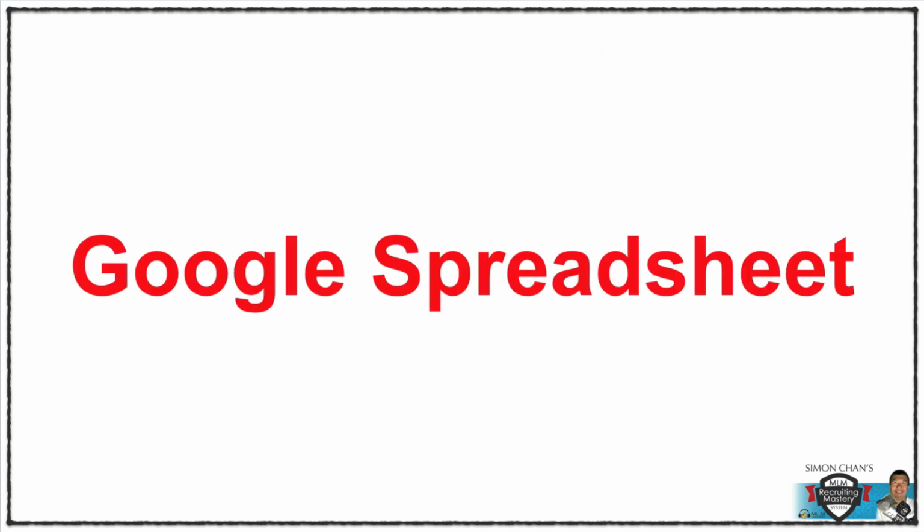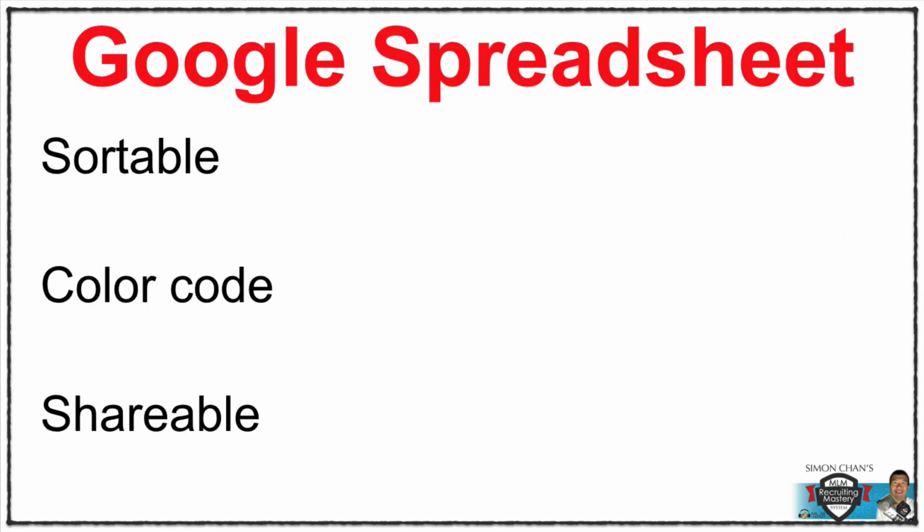The second tool I use is Google Spreadsheet. I like to put all the people I've talked to on the spreadsheet. The reason I like it is that it's sortable. When I talk to them, and the follow-up date, I can sort them out. To keep it simple, you can just put the name, the date you last talked to them, and then notes. Anytime you talk to them, you can put the details in there.